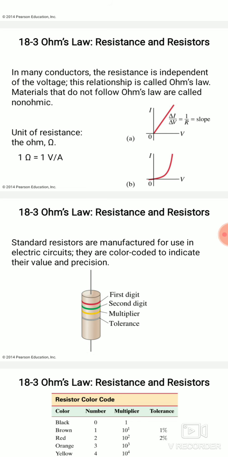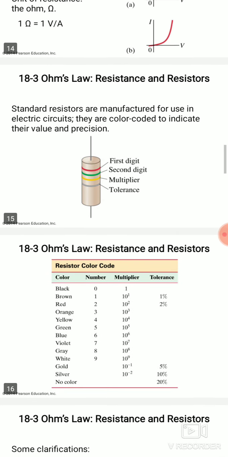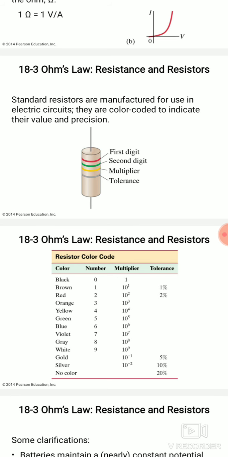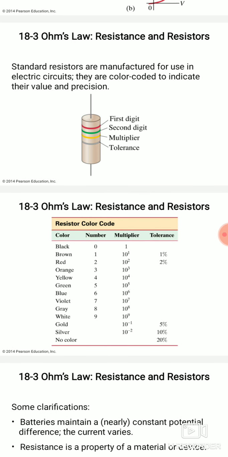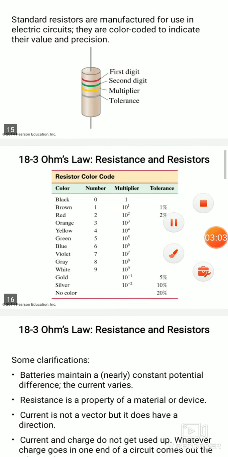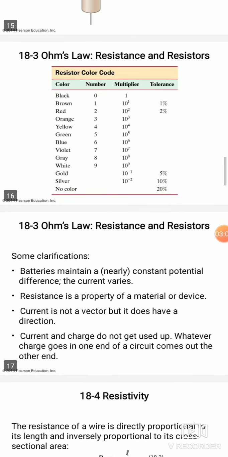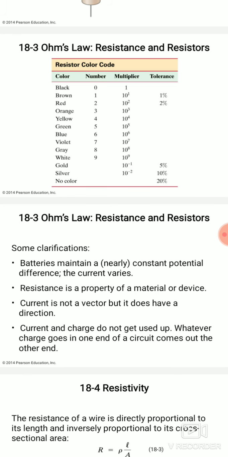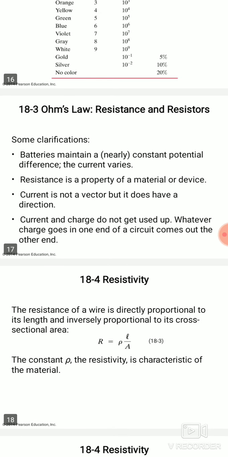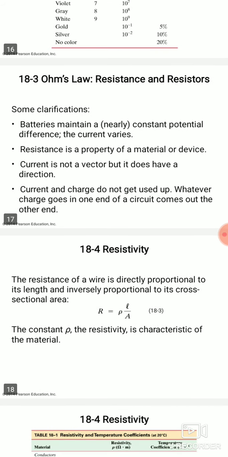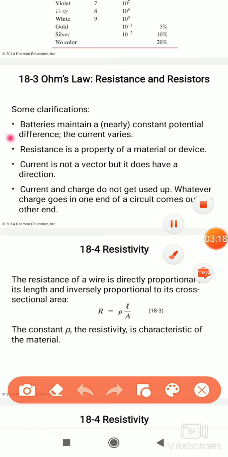Dear students, with the help of Ohm's law, we find resistance and resistors. Resistance is the property of the conductor, and resistors are appliances which we use to reduce the flow of current. So dear students, that was Ohm's law, resistance and resistors, and now we will discuss a few clarifications. Dear students, in an electric circuit, a battery